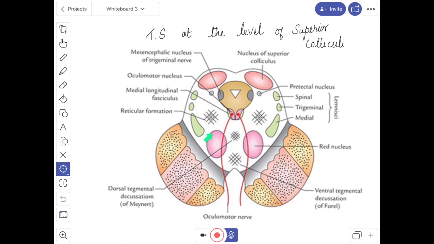Next we'll see about the red nucleus. So this is the next grey matter in the tegmentum of the midbrain at the level of the superior colliculus. The red nucleus is the cigar-shaped mass of grey matter which appears ovoid in the cross section. It is about 0.5 centimeter in diameter and it is located dorso-medial to the substantia nigra. In fresh specimen, it is red or pink in color due to its high vascular supply and an iron containing pigment present in the cytoplasm of its cells.